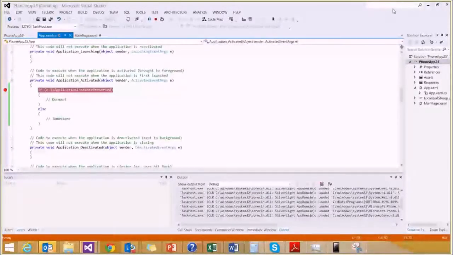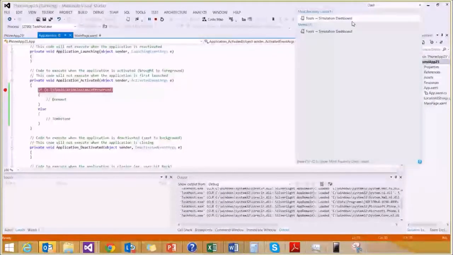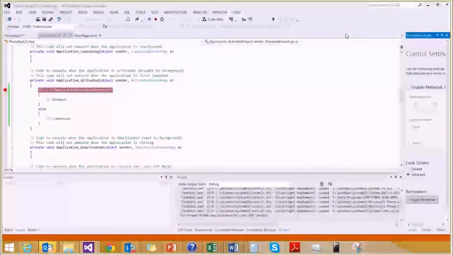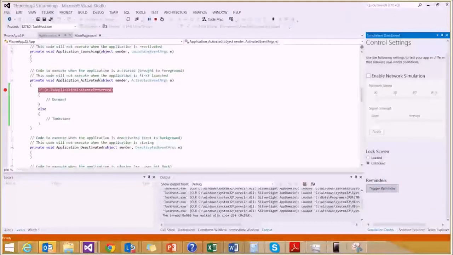In the quick launch, you can just go to the dashboard. I like to use this quick launch. It's a very powerful tool in my Visual Studio, and just use the simulation dashboard. Inside the simulation dashboard, you can enable network simulation, network speed, signal strength if your application is using network, and then you can use the reminder and trigger reminders. And then we've got the lock and the unlock. So here's